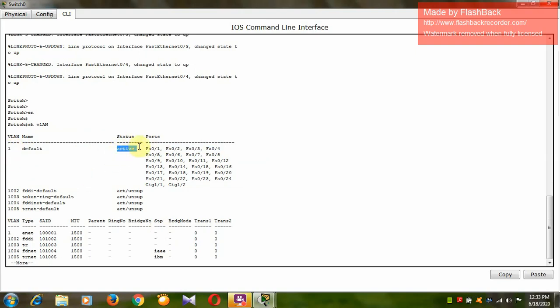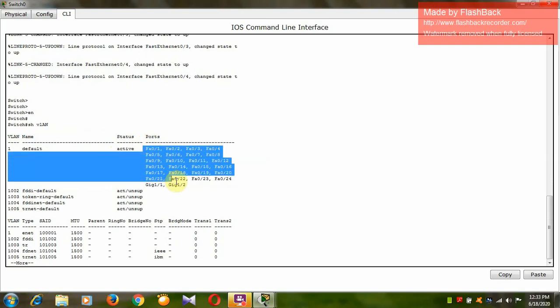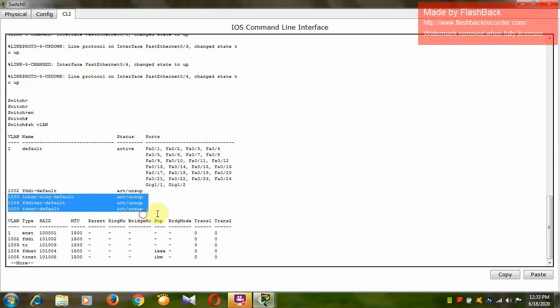All the ports this switch has are under this default VLAN. And there are 4 other VLANs also. These are all default VLANs the switch will create.